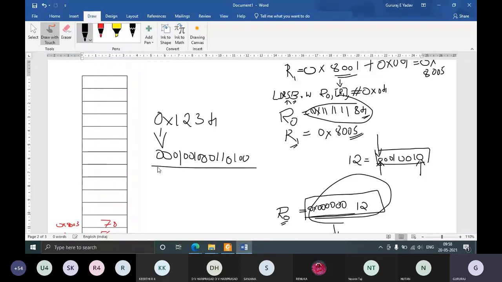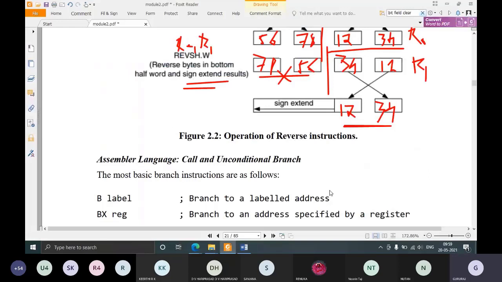So this is 16 bits. If you want to take the sign in the 16 bits, you have to go for the MSB, that is bit number 15. This is bit number 0, and this is bit number 15. The sign bit is always in the MSB. In this case, for data 1, 2, 3, 4, the MSB is 0. So you have to sign extend this 0 to the remaining bits. That means you will extend 0 for all the remaining 16 bits, so it will become 0, 0, 0, 0.